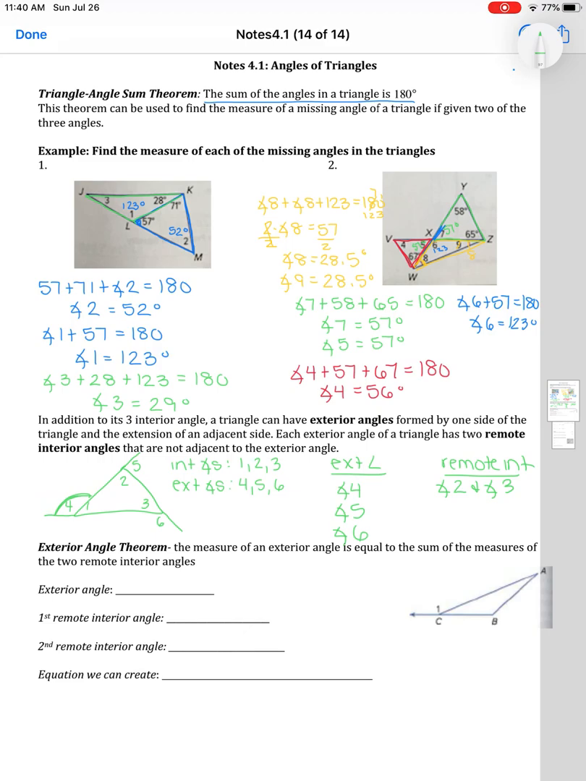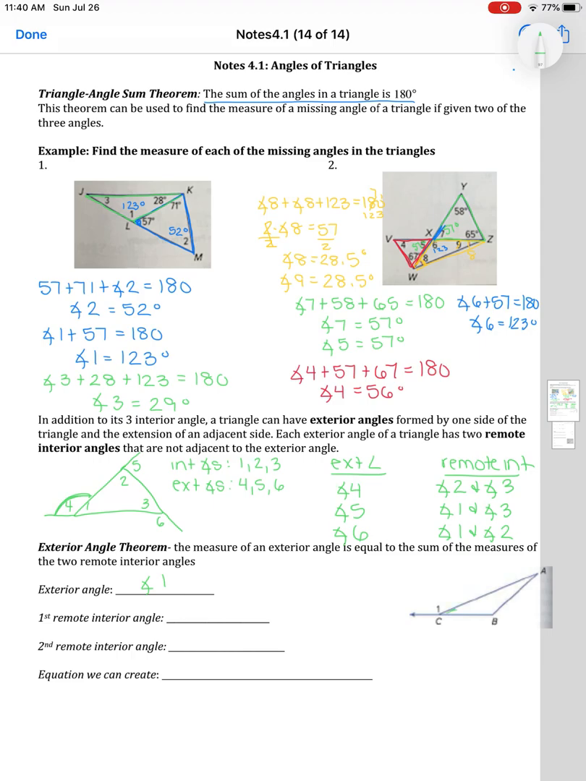And by remote interior angles, that's an angle that is not next to that angle. Okay, so if we look at 4 right here, 1 is next to it. Keep in mind, it's remote interior, so it has to be inside the triangle. So the only options we have are 1, 2, and 3. So if 1 is next to 4, that means that 2 and 3 would be the 2 remote interior angles